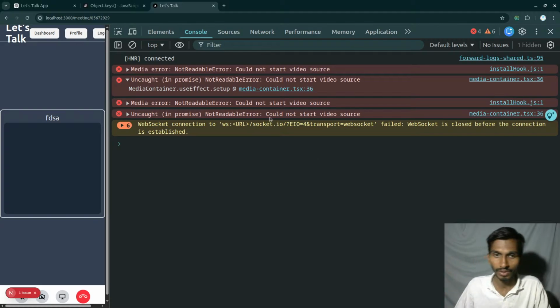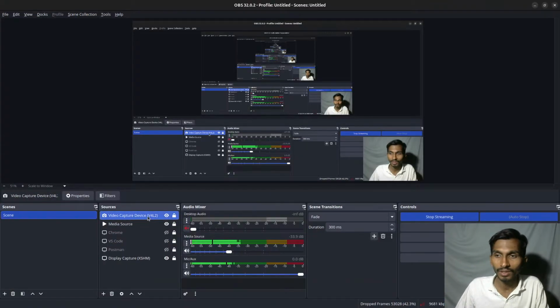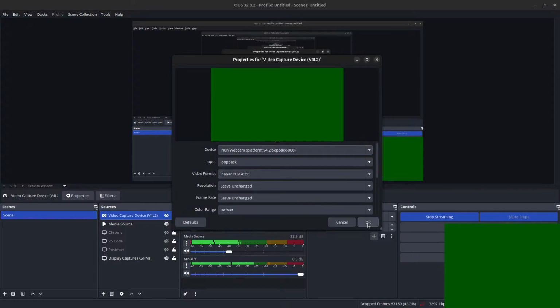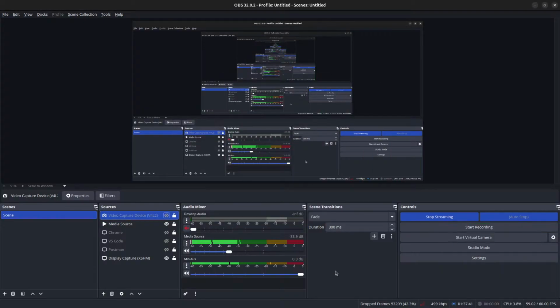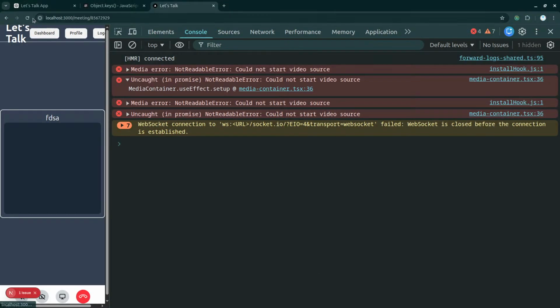Wow, lovely. In that case, let's do one thing. I'm going to be turning off this particular camera over here so that it is actually able to get the video. Most probably I'm getting the issue because of this. Coming back to this, if I reload the page